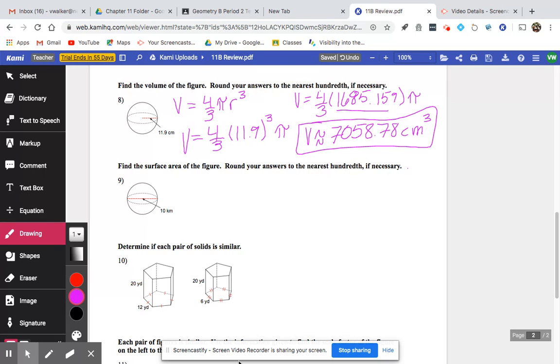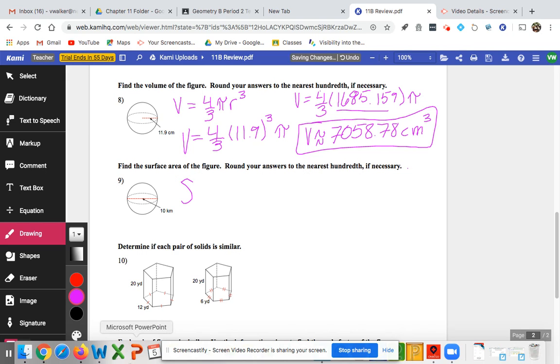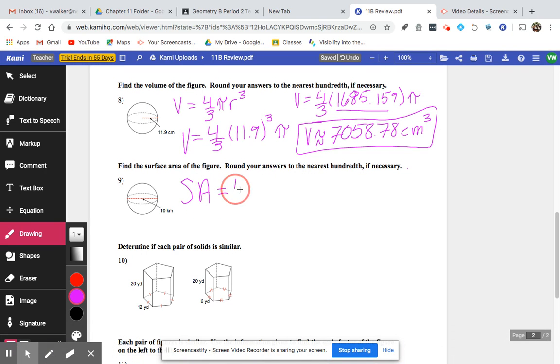Number 9, surface area of the sphere this time. Round our answers to the nearest hundredth. Surface area, it's not as gross as the volume formula. It's actually much nicer. It's just 4 pi r squared. Super nice, super easy to work with. Here they give us the diameter, which means my radius is 5. So surface area is 4 times 5 squared times pi,